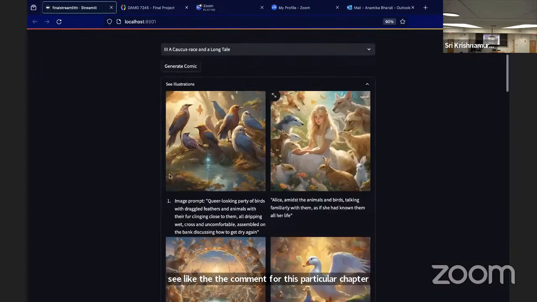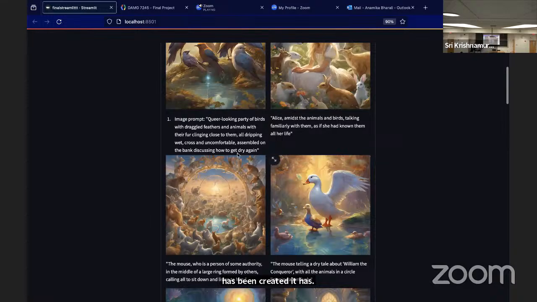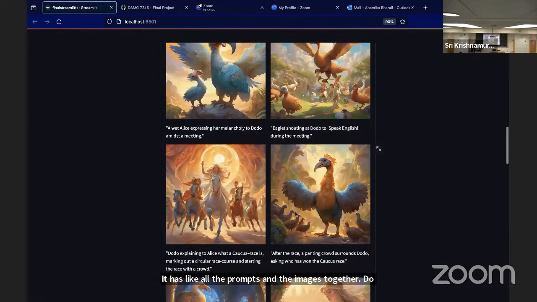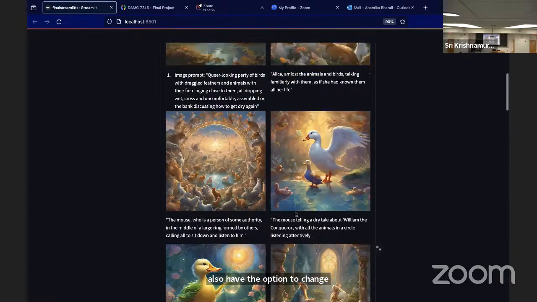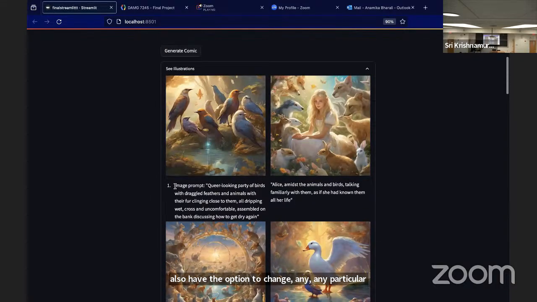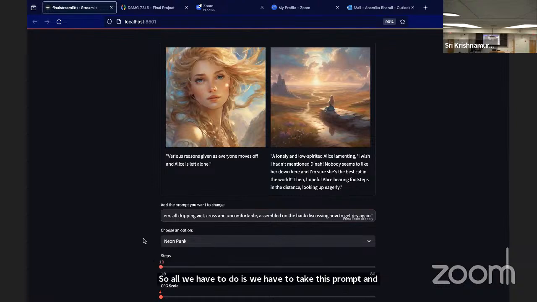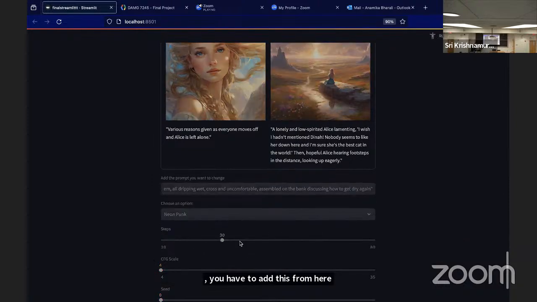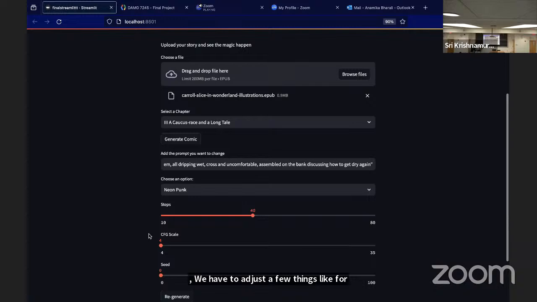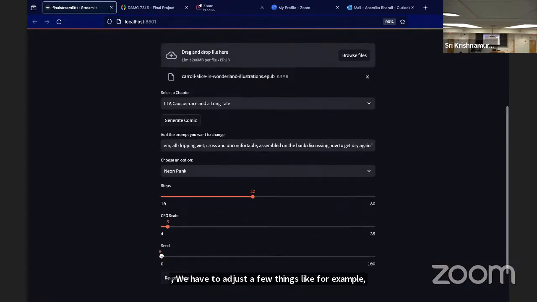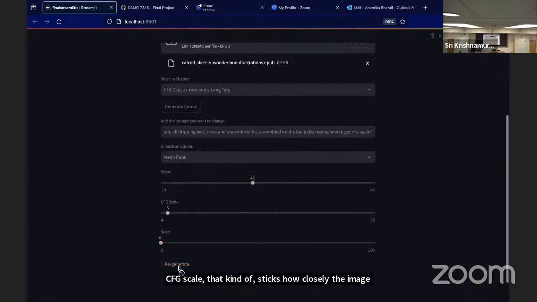It has all the prompts and the images together. We also have the option to change any particular image that we want, so that the user can change the art style if they want. All we have to do is take this prompt, add it here, and adjust a few things, for example, steps. Steps is basically how many times we want the diffusion to happen. CFG scale checks how closely the image will be created with the prompt, and seed. And once we click on regenerate,